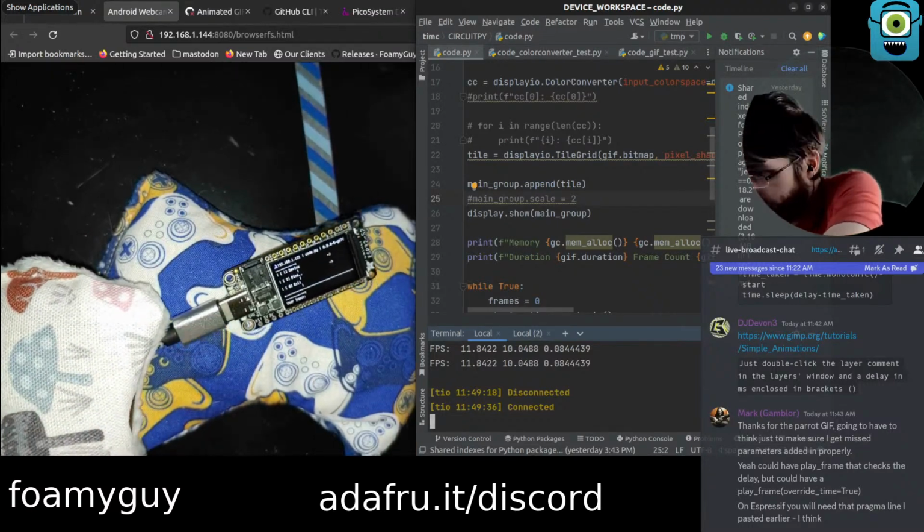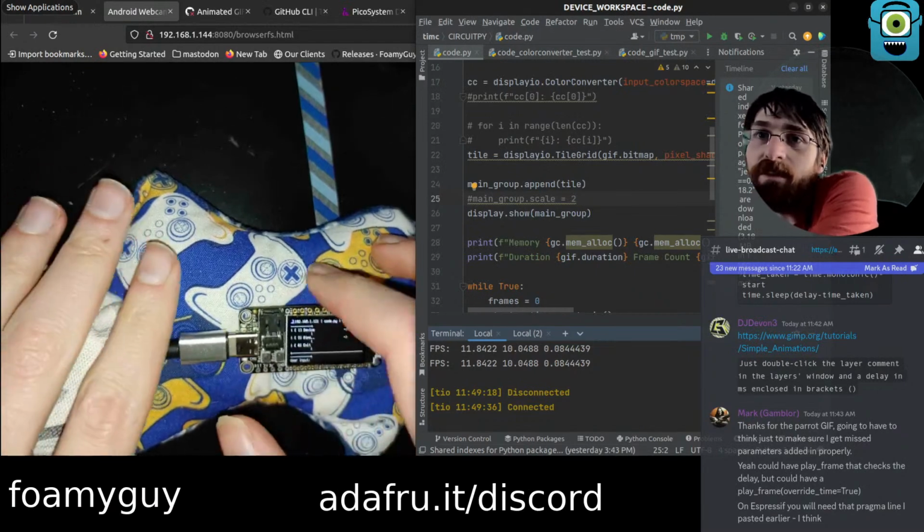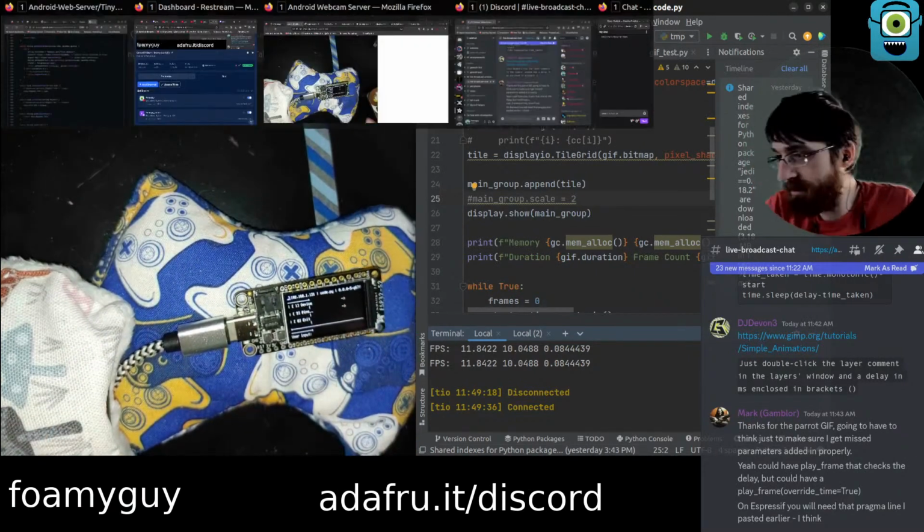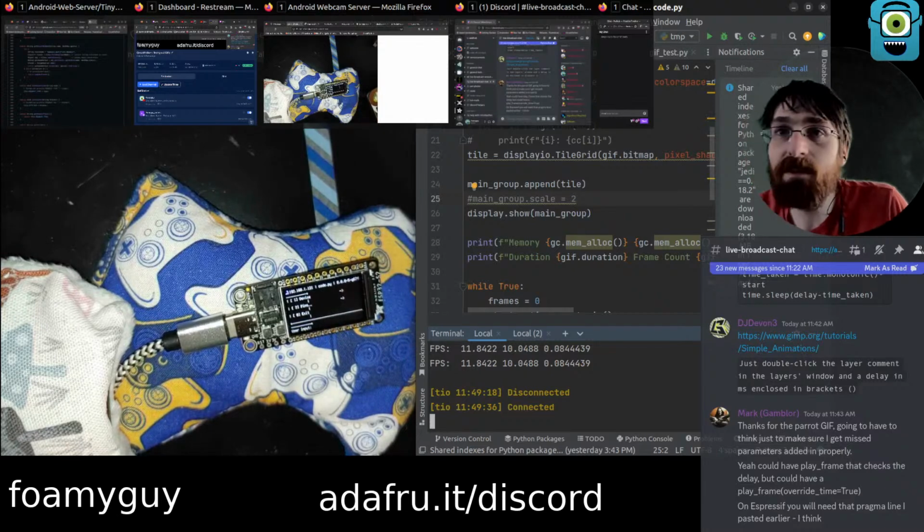Get this in a way where it's not positioned nicely for the frame, but it's also not in my way here on the mouse. Piece of fuzz on it there.